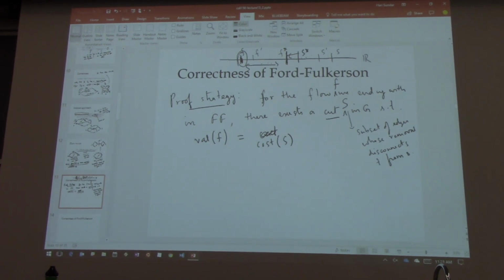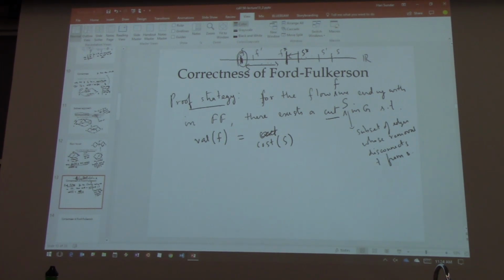Because it's saying that you have some sequence of numbers, and I'm saying that the max of this sequence is less than or equal to the min of this other sequence of numbers. And then I'm telling you that here is the flow that I've ended up with. For this, there's a corresponding value here which are equal. And so the only way that can happen is if these two sequences meet at this point, and this is actually the max. So that's the very nice idea behind the correctness of Ford-Fulkerson.